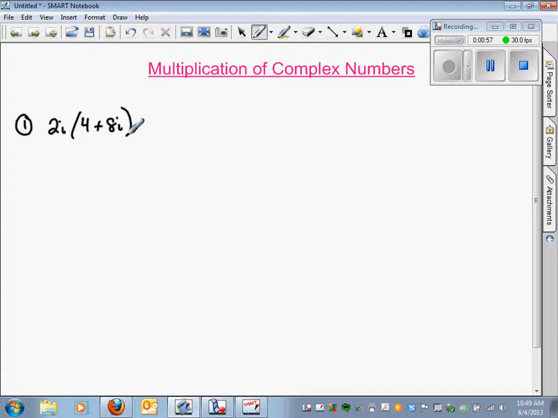So in multiplying this 2i times 4 plus 8i, we have to take this imaginary portion and multiply it by the entire complex number. Now, in order to do that, we have to remember about the distributive property. It applies here. So we multiply the 2i times 4, and we have to multiply the 2i times the 8i. 2i times 4 is 8i. 2i times 8i would be